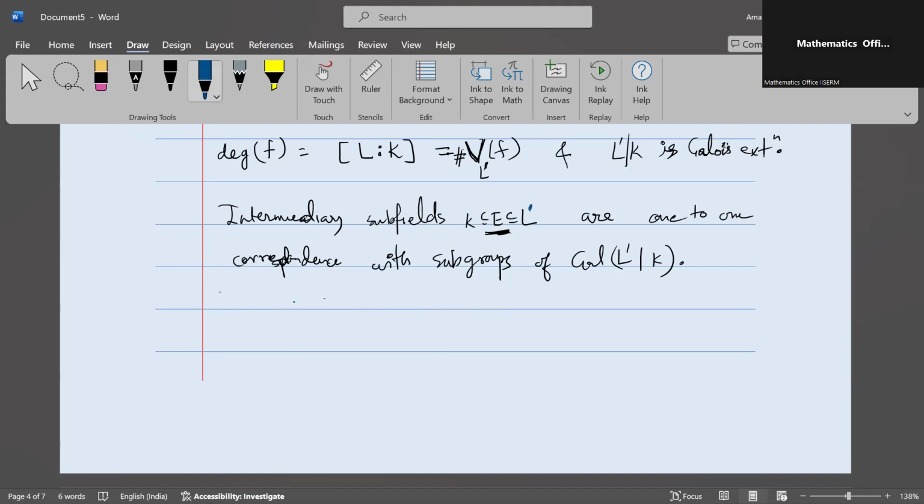If we want to restrict ourselves to those E which are contained in L and containing K, they are in one-to-one correspondence with those subgroups of the Galois group of L prime over K which fix K